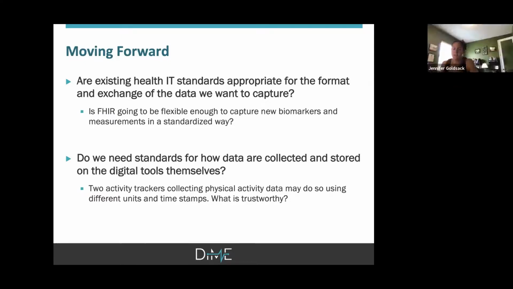I wonder if I can ask a question that builds on a lot of the questions asked today, which is: is it clear that the EHR is the place we actually want to be storing all of this data? We know that's not what they were designed for.